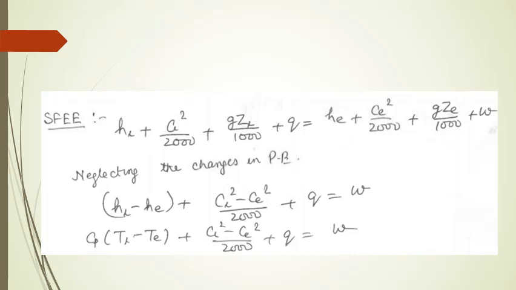Now the change in enthalpy can be written as C_p dT as the substance given is an ideal gas, because for the ideal gas we are going to prove in the chapter dealing with the property relations that for an ideal gas change in enthalpy is always equal to C_p dT.